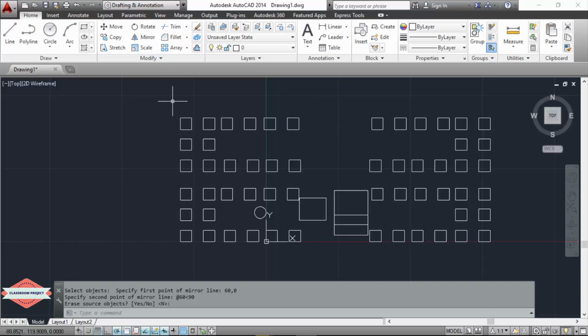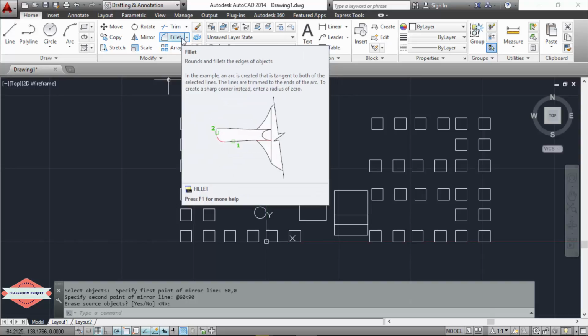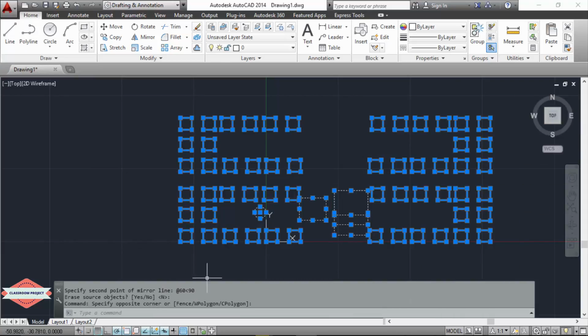Now we are going to discuss the fillet. If you can see, there is a drop down menu and there is also an AutoCAD help that shows a round shape. The 1 and 2 part is showing us a red line, and now we are going to use the fillet. I'm going to delete it all,